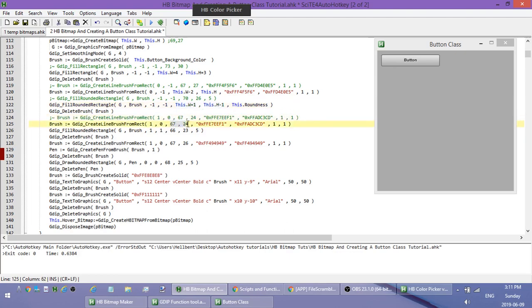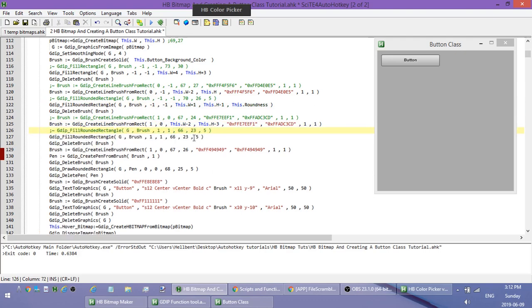Comment, this dot width -2, this dot height -3. Right, duplicate comment. This dot width -3, this dot height -4,